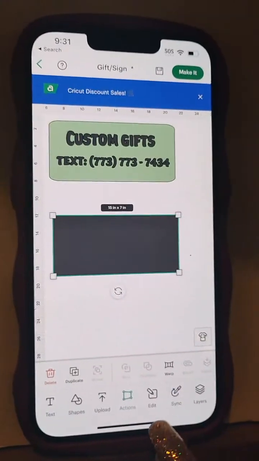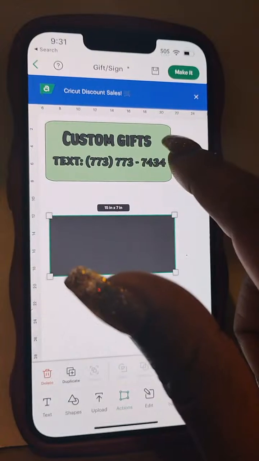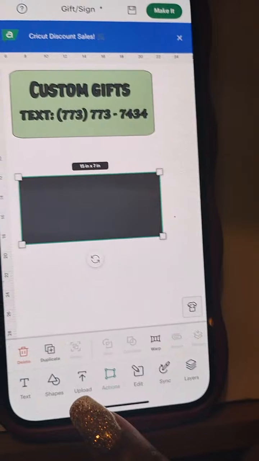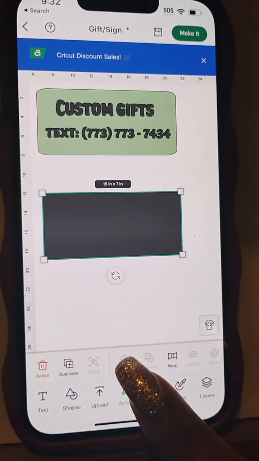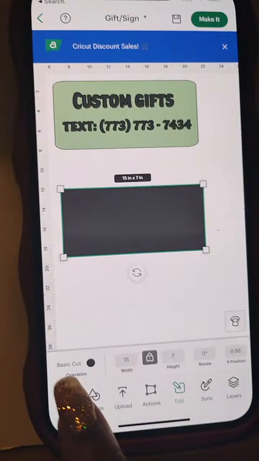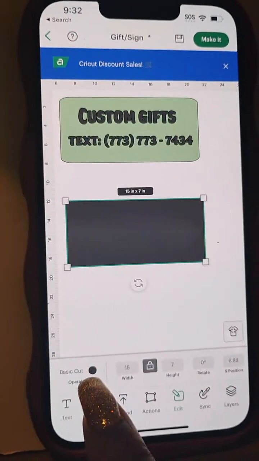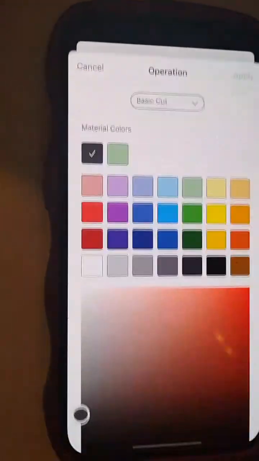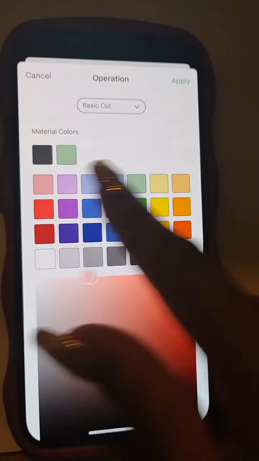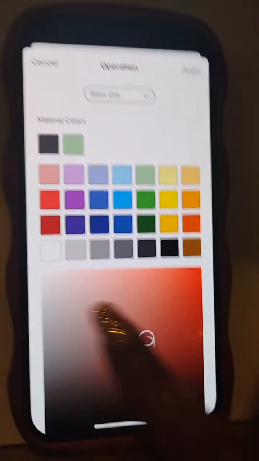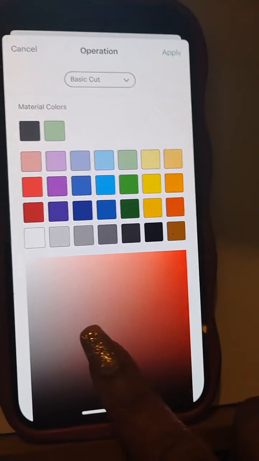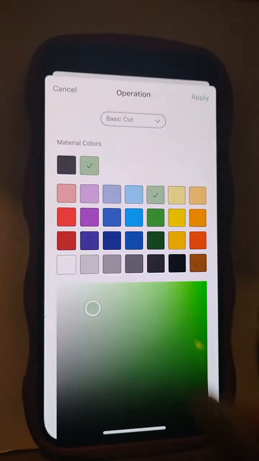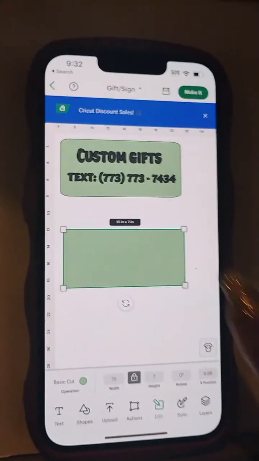I'm going to change the color of this so that it's the same as that, because what we're doing is duplicating this right now. So go down here and go to edit, and then right here it says basic cut, and then there's this circle. Well, this circle represents the color of this box. Okay, I'm going to click it, and we have a whole bunch of colors we can use here. We also have down here, we can adjust the color to fit how we want it, but right now I'm going to use the one that we have. Okay,